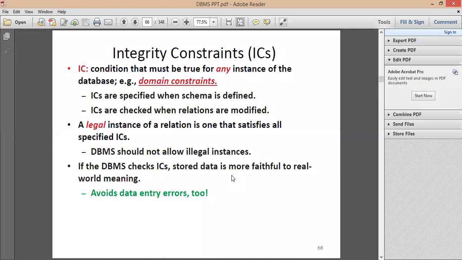Now, an integrity constraint is a kind of condition that's specified on the database schema and restricts the data that can be stored in an instance of the database. What this means is that it's a type of condition which can be specified directly on the structure of the database, and it also restricts what type of data can be inserted in that table.